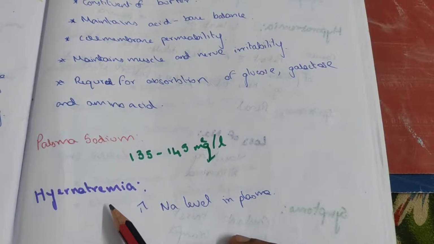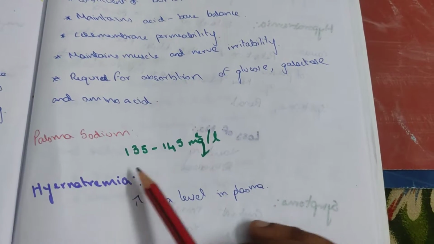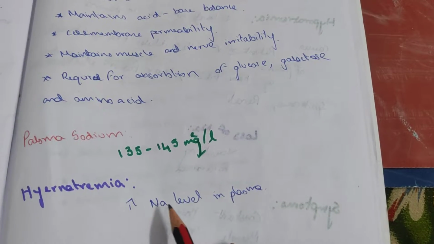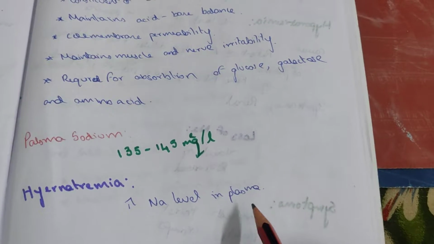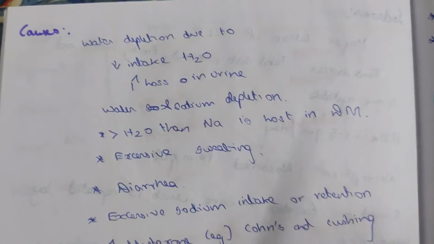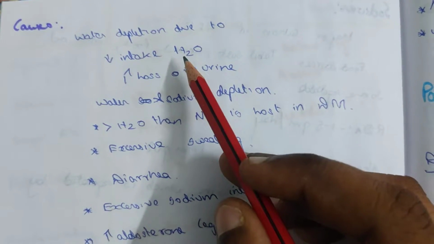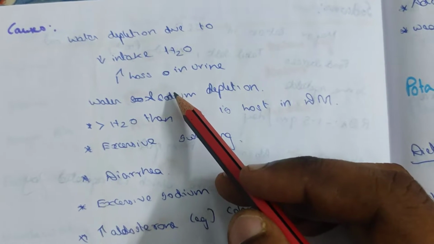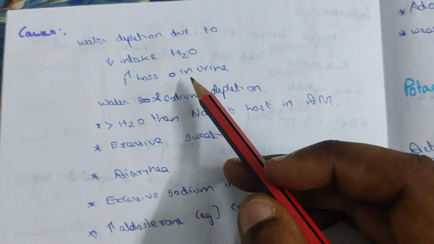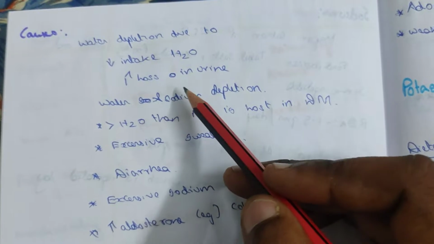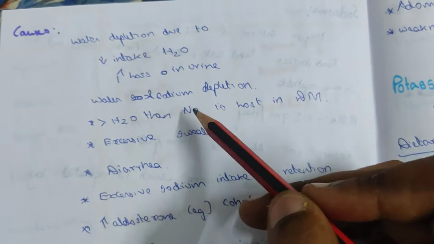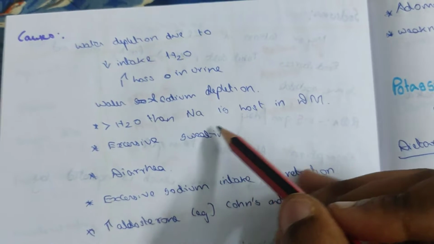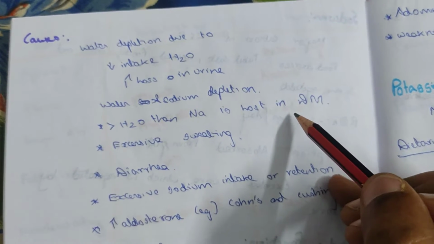Now the hypernatremia. When the level increases to more than 145, it is known as hypernatremia, an increased Na+ level in plasma. The cause of this hypernatremia is water depletion due to decreased intake of H2O. If we drink less water, sodium will also be lost due to increased loss in urine. Water and sodium depletion occur when there is more loss in urine. The H2O, then Na+, is lost in the